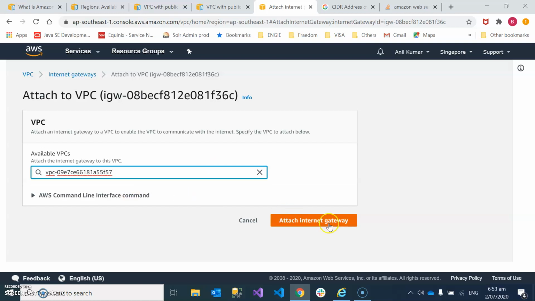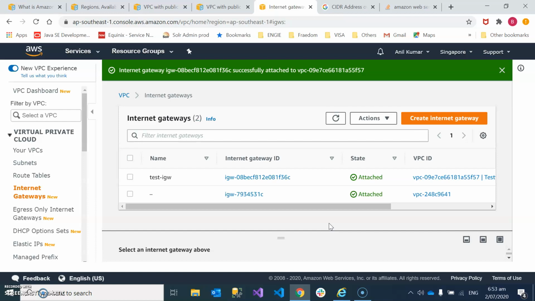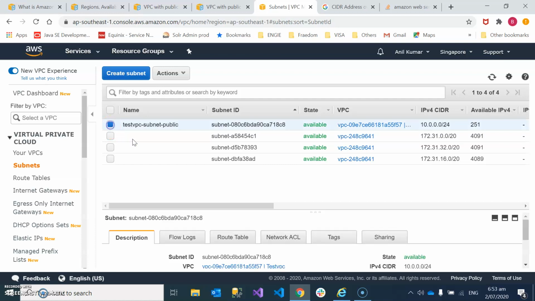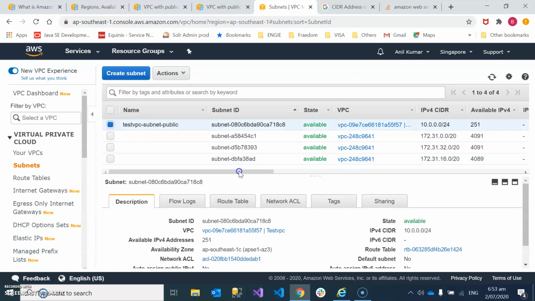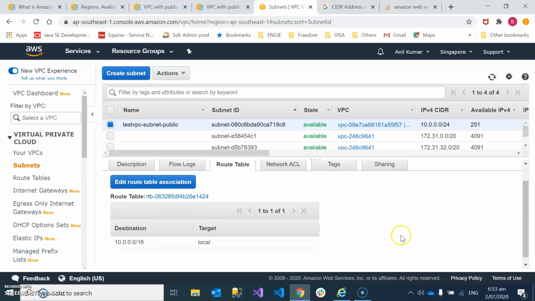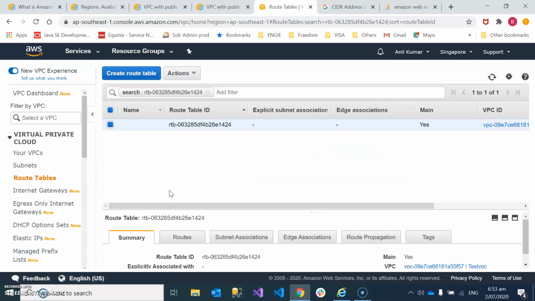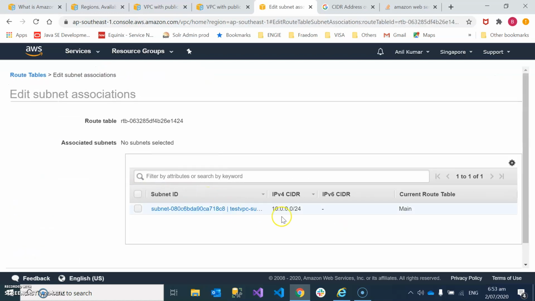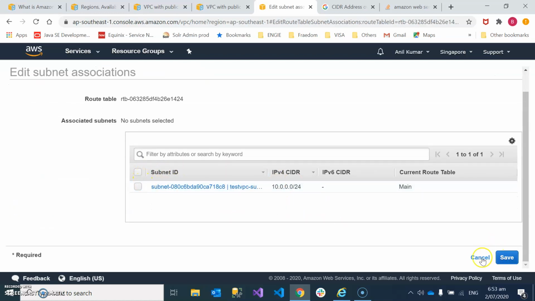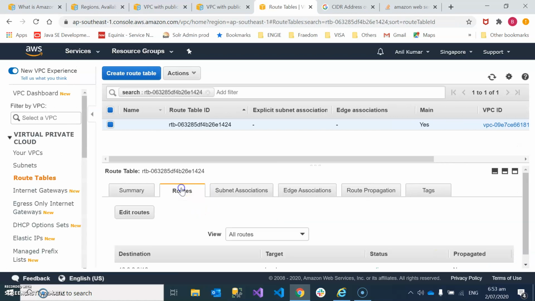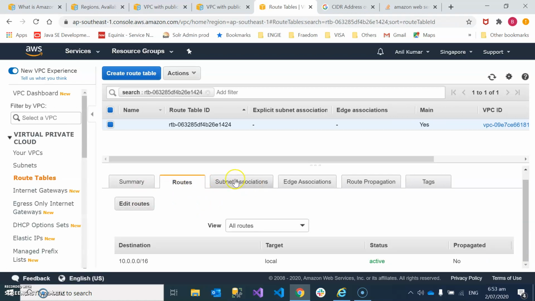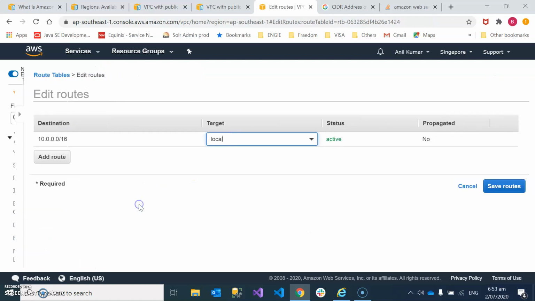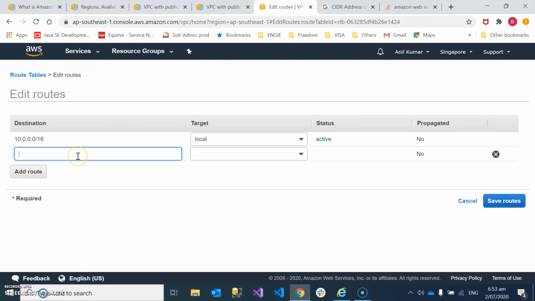This is the test VPC. Click on attach internet gateway, and now we go to the subnet. In the subnet, click on the route table. Here we have to modify the route table. Sorry, I think we have to go to the routes instead of subnet association. So click on edit routes, add route.